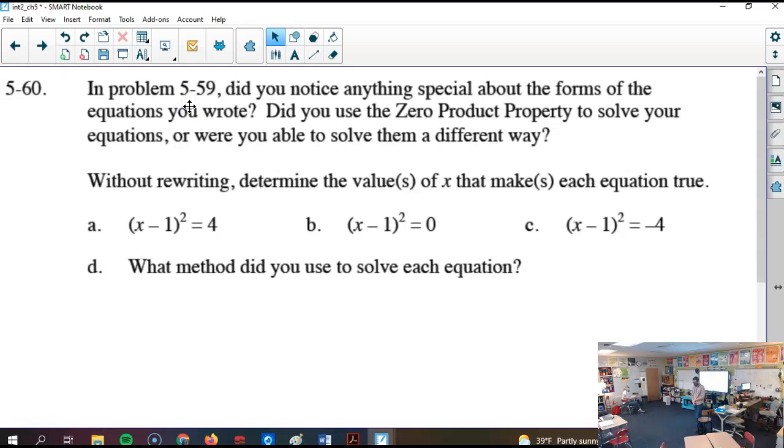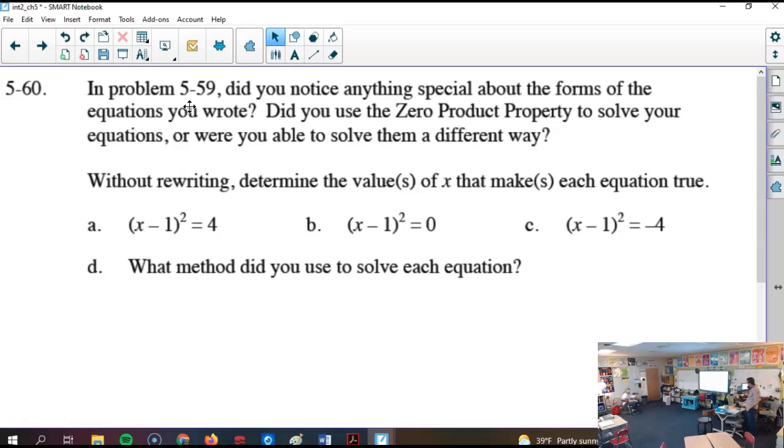Do you notice anything special about the answer? So we did 0. They were perfect squares. It's 3. It's 1. Now here's the problem. It's not possible. Well, I mean, if you use the imaginary number, then it's